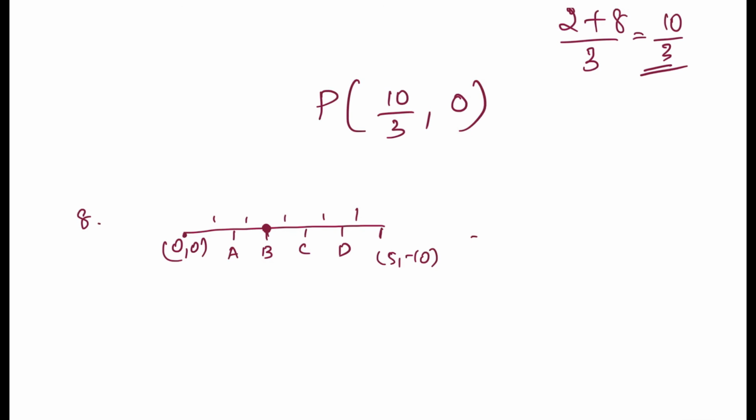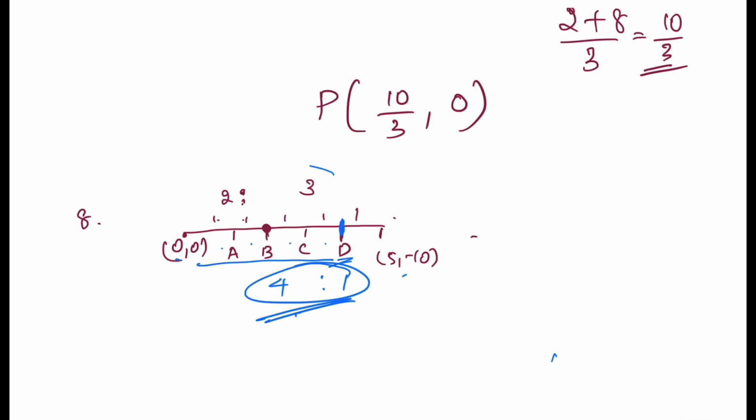If we find B, what will be the ratio here? 1 plus 1 will be 2. So your ratio will be 2 is to 3. Hope it's clear, children. Similarly, if you need to find the coordinate of D, D will be here, right? So what will be the ratio? This thing will be 4: 1, 2, 3, 4. 4 is to 1 will be the ratio. Using this ratio and these points, you need to find the point D, and using the other ratio and these points, you can find the value of B. Hope it's clear. You can do it yourself.